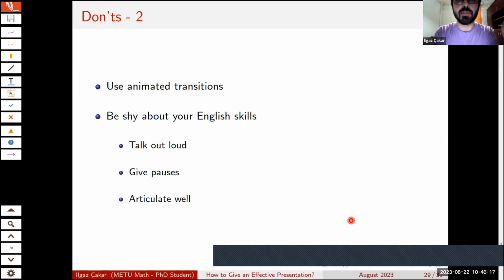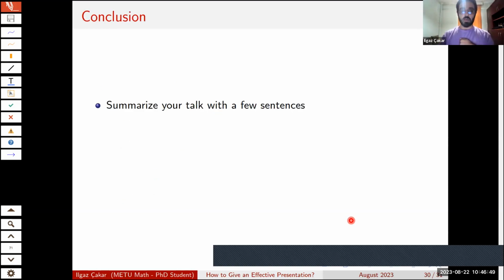By articulate well, if you look at my camera, I mean that you should exaggerate your mouth movements while doing your rehearsals. It will slow your talk, but with this, you will be talking more confidently, okay? And surprisingly, it will give you a slight British accent, which is always a cool thing. Finally,